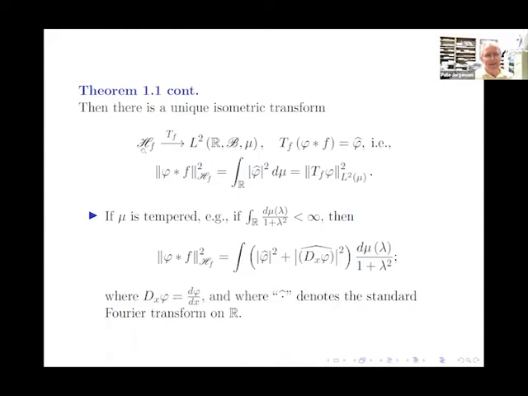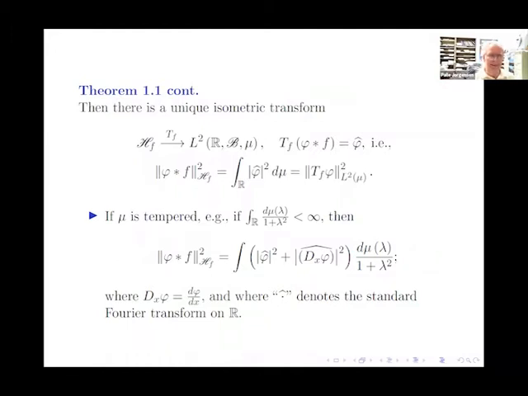And then from the definition we have here, if the positive definite distribution F is the Fourier transform of a tempered measure, then this defines an isometric isomorphism of H sub F onto the L2 space of the measure mu. It's actually onto. So it's a way to create a harmonic analysis tool for L2 spaces.